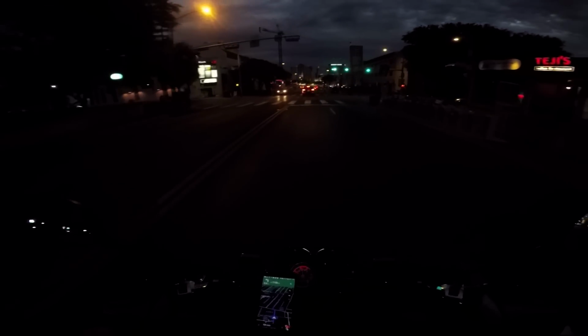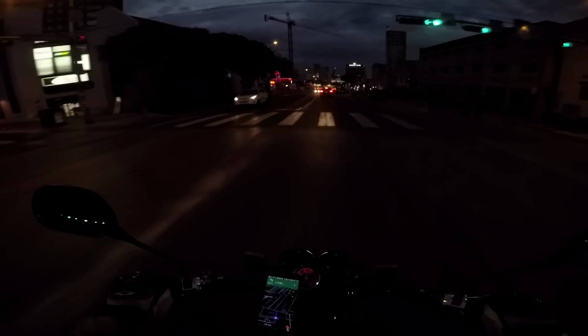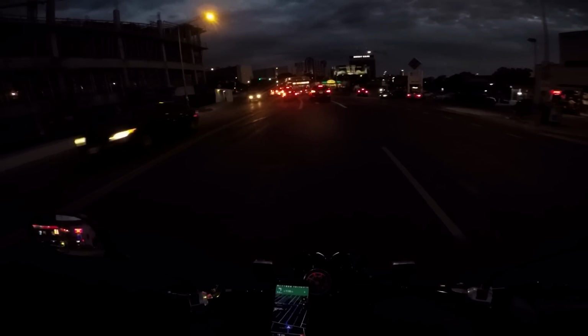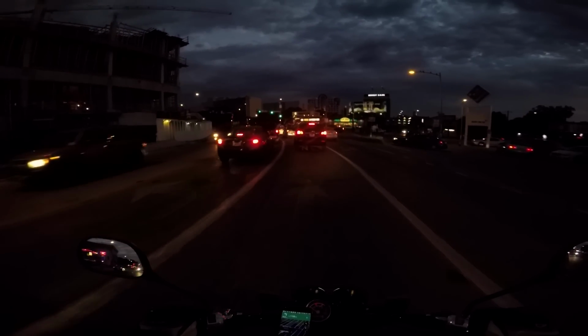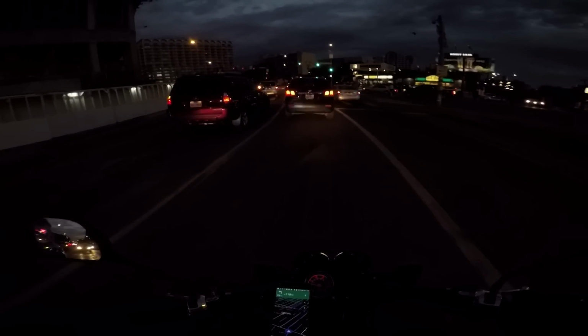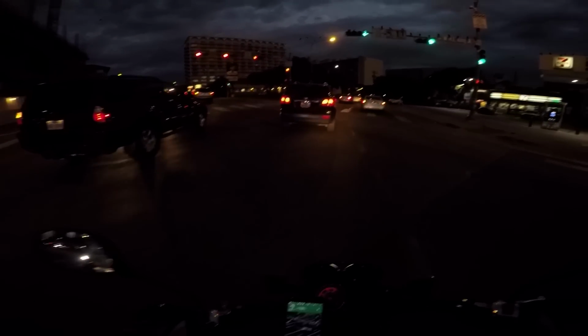I'm using a non-GoPro battery right now, and for some reason it doesn't stay recording. The GoPro randomly thinks it's completely dead when it's not, so it's gonna shut off. It's already shut off once before, but I hope that gives you guys some insight on why I bought the Ruckus. I will tell you, after a week of owning it, I got no regrets. I am in love with this thing. I cannot wait to do the build series on it, but if it stayed in its current form... I had to turn my camera back on again because it turned off, but